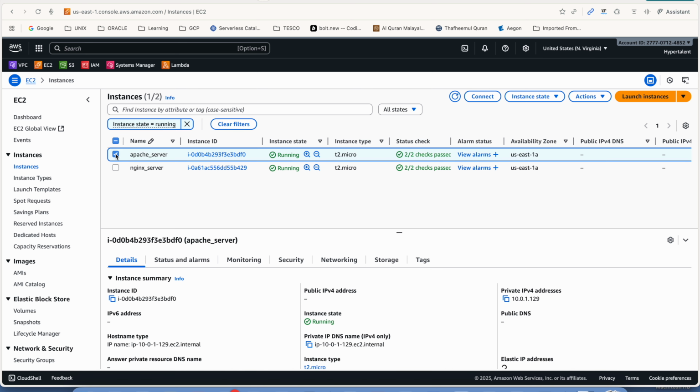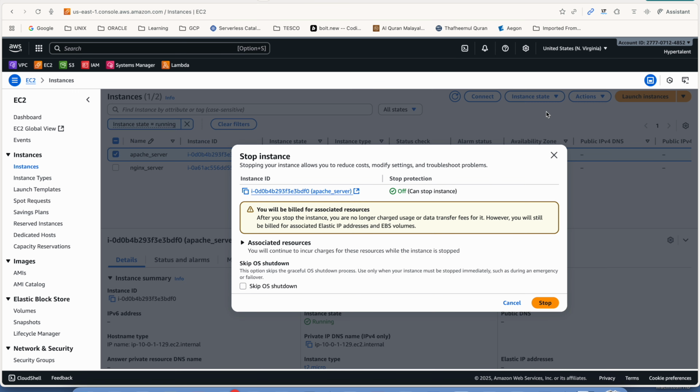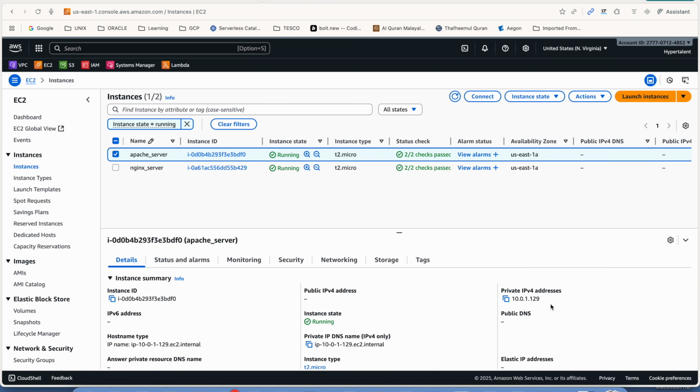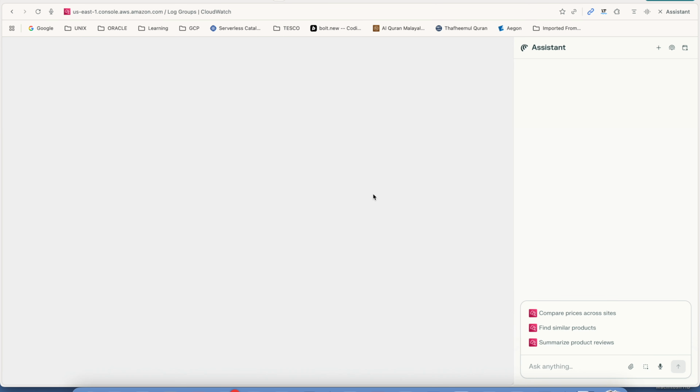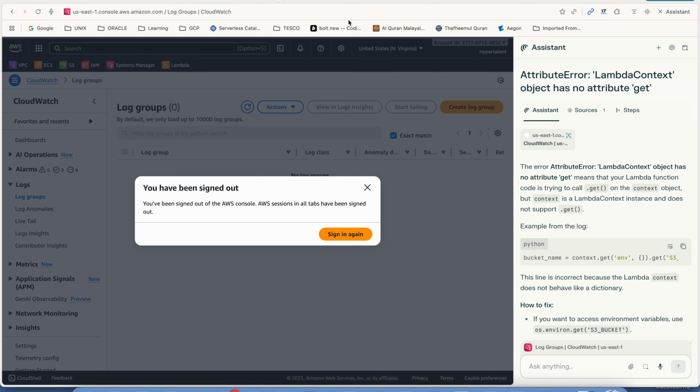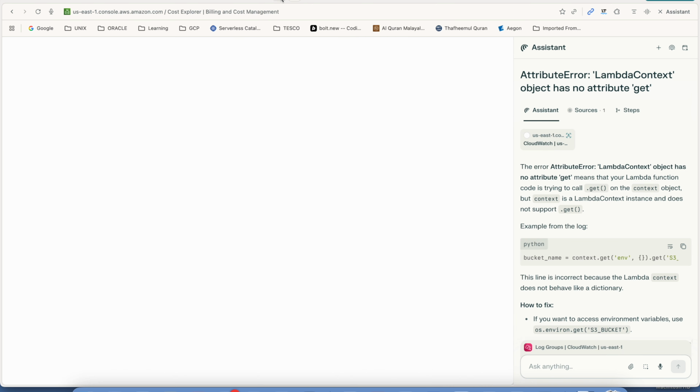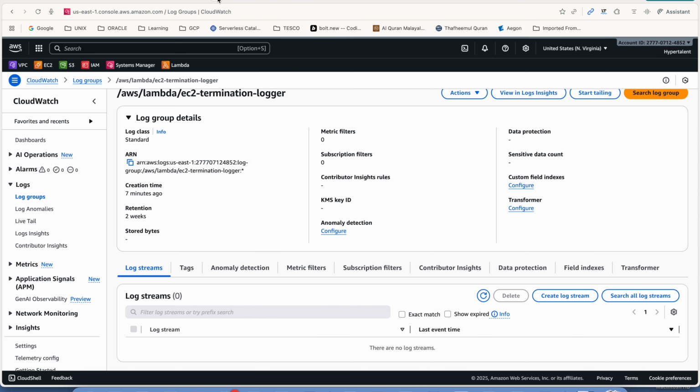Okay, the Apache server. Let me go to instance state. I'm going to stop it. Stop. So we'll go to CloudWatch. I don't know why this always comes up. Okay, let us see here. There you go. So if you refresh that,